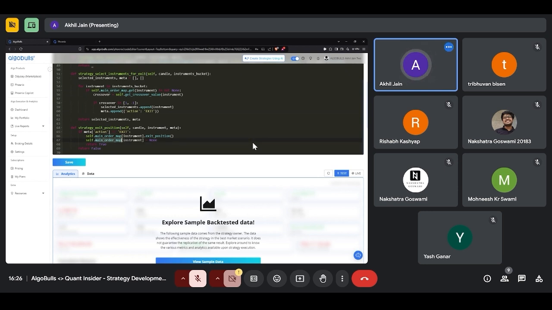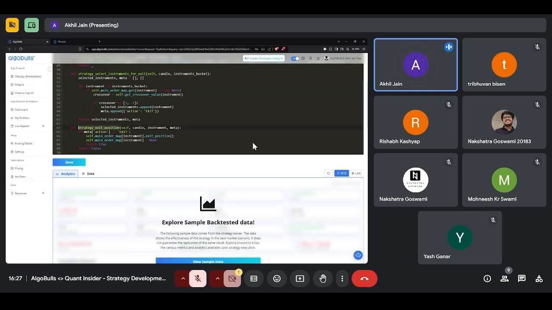Why am I doing the cleanup? Because in exit, I want this to come as none if the order has already gone away. So I'm setting it as none. As mentioned before, if the day changes, then already I'm cleaning up this whole variable completely. In that case, this will not matter at the end of the day. The next day will start. This whole variable will be cleaned up and it will be an empty dictionary. But during the day, I want to exit that particular order and then I want to set it to none so that this part of my logic continues to work properly.